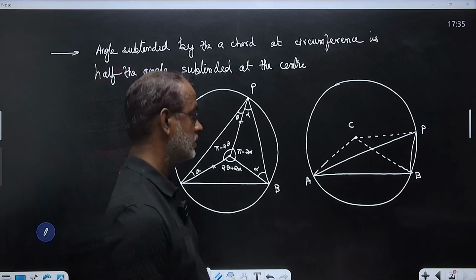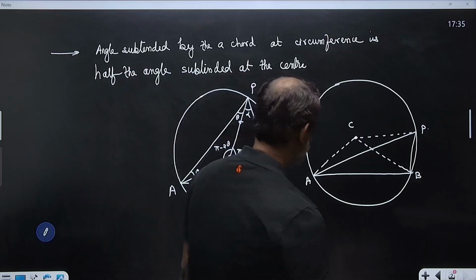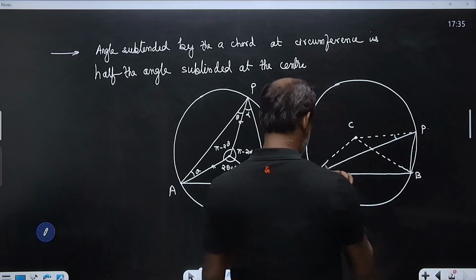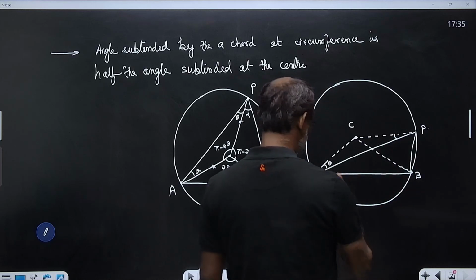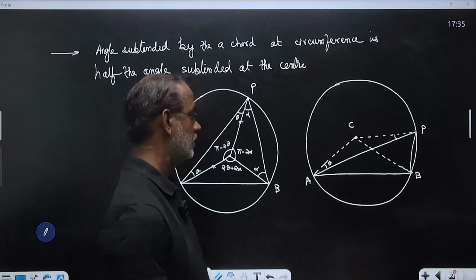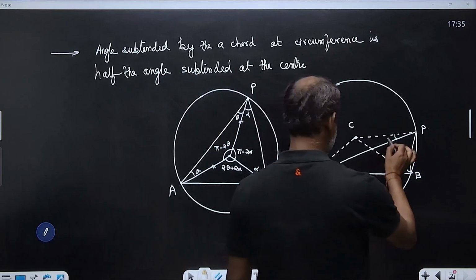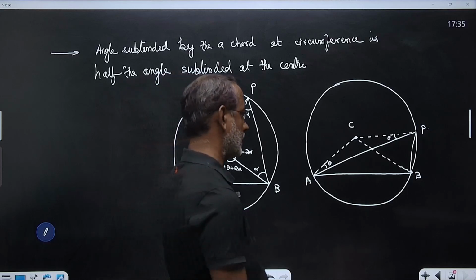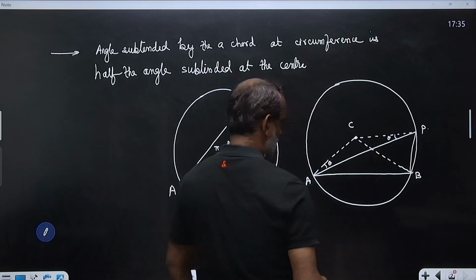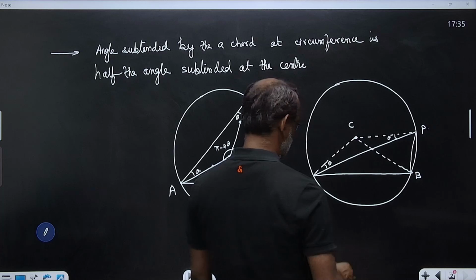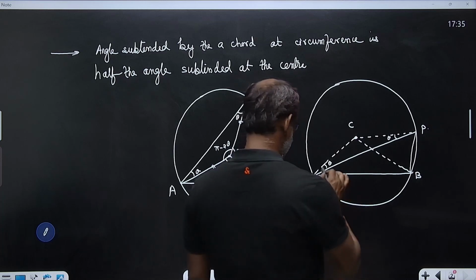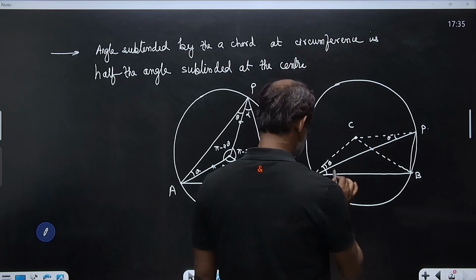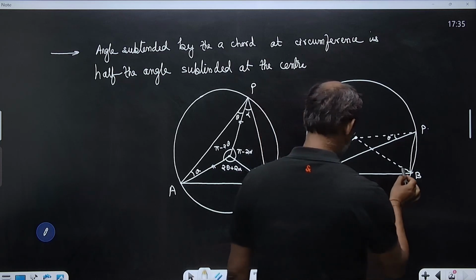If this is theta and this is theta, this would be pi minus 2 theta at the center. And if this is alpha and this is alpha,